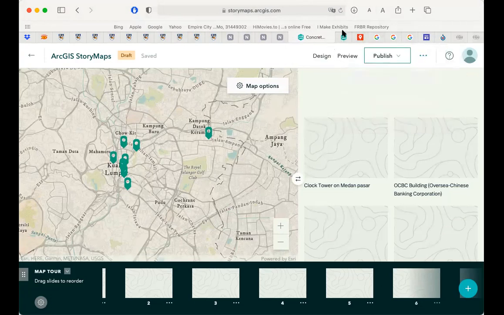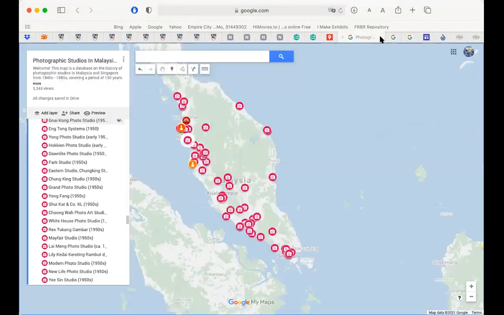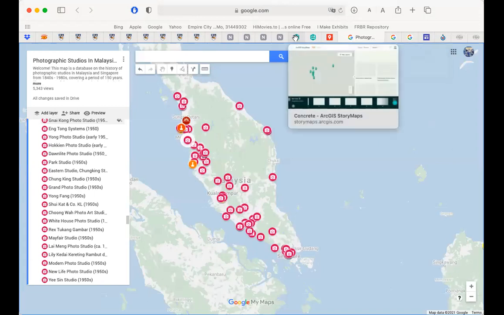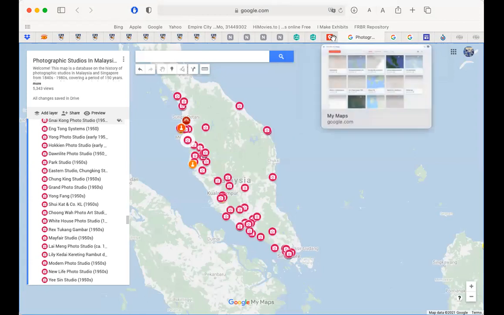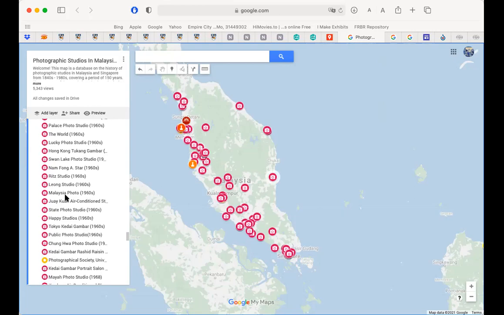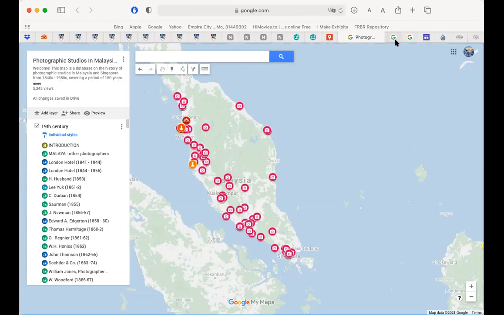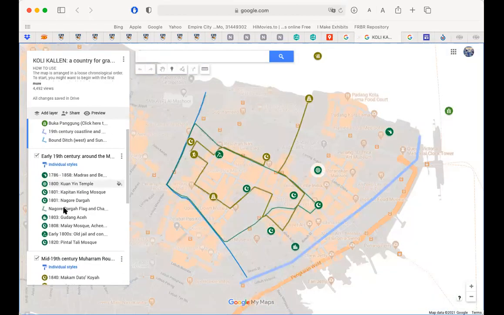So what we can do is also to start the mapping here on Google My Maps and then transfer the information here. It's not too difficult to do that. There are ways to transfer from one platform to another. I find it easier to map it here only because I'm more familiar with this. I've been doing different kinds of maps, right? So this is the largest database that I've built, but I also use this to build maps of